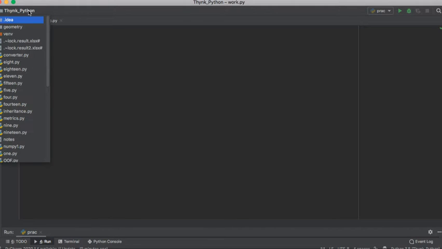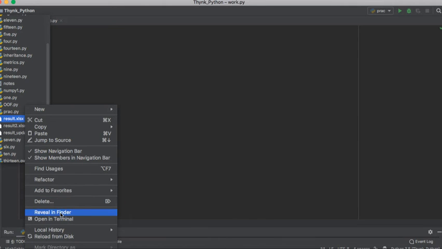I'll show you. So click on your project and here you can see this result with an extension of XLSX. So right click and reveal in Finder. If you are working on Windows, it could be reveal in Explorer or some documents. So you can have any Excel sheet and copy it here in your current working directory. I'll provide the link to this Excel sheet in the description in case you want to practice.